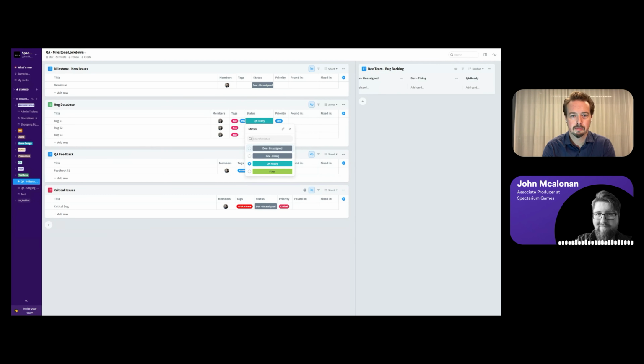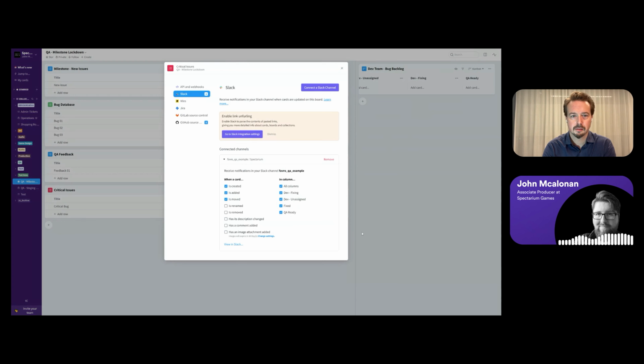Keeping this information flowing can sometimes be a bit of a challenge if people are not always watching the board. In order to keep ahead of this issue, one of the key things we've been making use of is the Slack integration with Favro on a per board basis. Connecting QA boards to Slack allows us to have almost a ticker feed of updates pertaining to any encountered